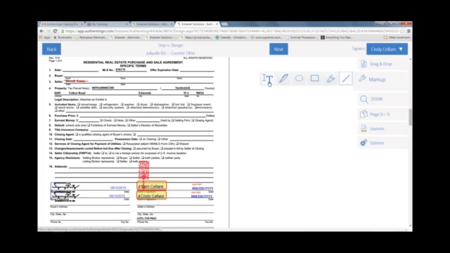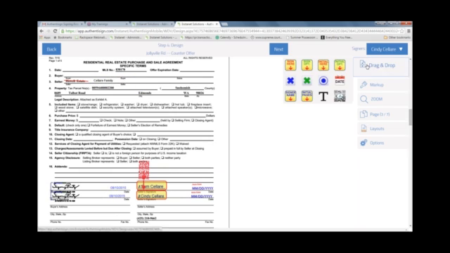So T for text. If I utilize that T for text, I click it once to activate it. I click once to plot, and then maybe I'll just change it to the Solar family. Something like that. Just showing that I struck over the content that was there. I added the new content that's required, and then perhaps too I'll put initial those changes that I made to